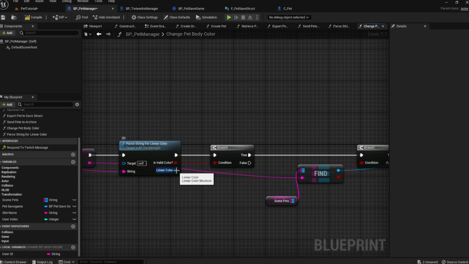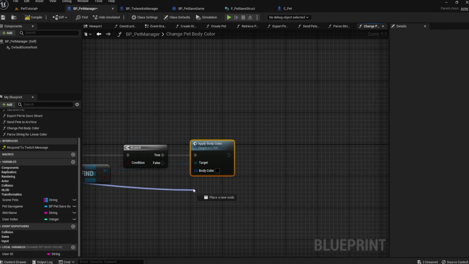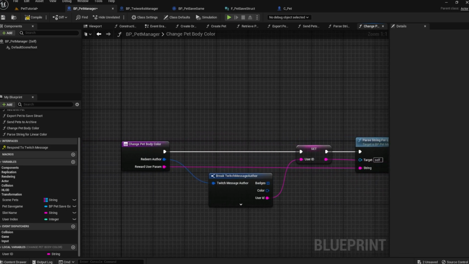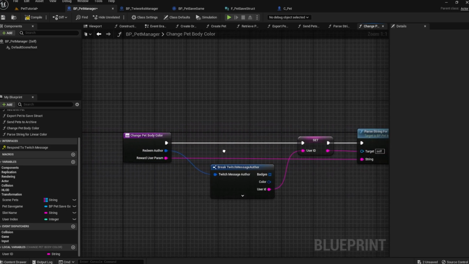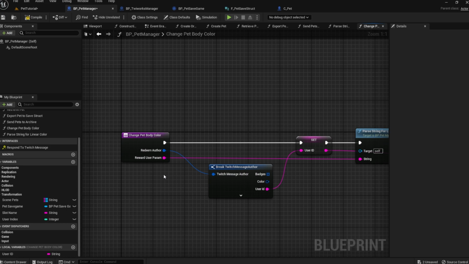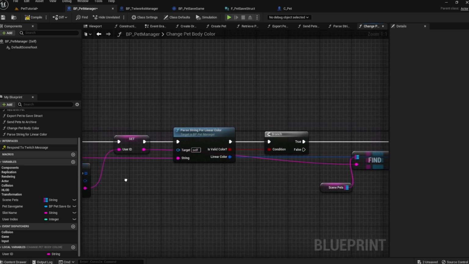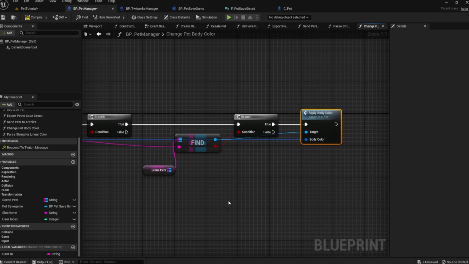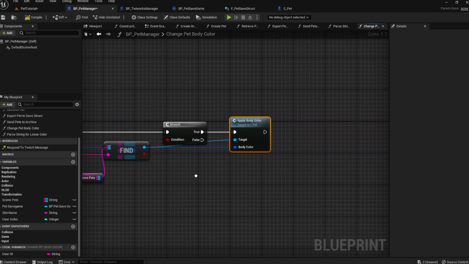And then grab the linear color from your parseString for linear color function and plug that into the apply body color function. So this is going to take the Twitch author, take what they typed in, parse it to get a usable color out of it, and if it is valid, it finds their pet in the scene, and it applies the body color that it got from our string parsing to the pet that it found.